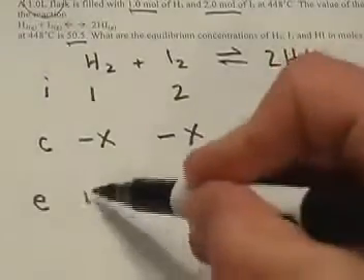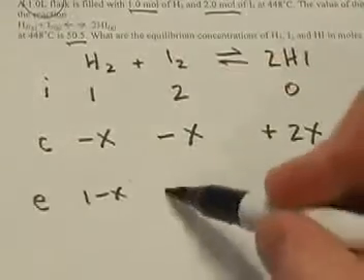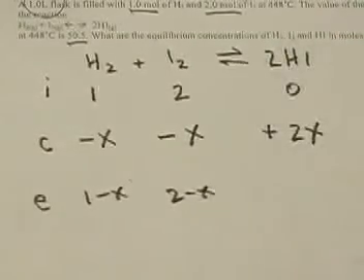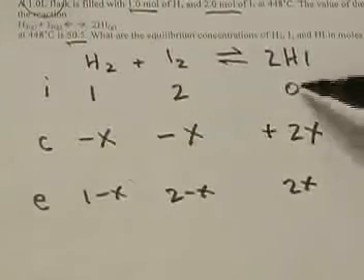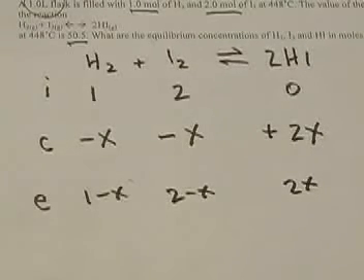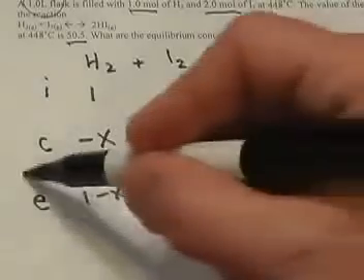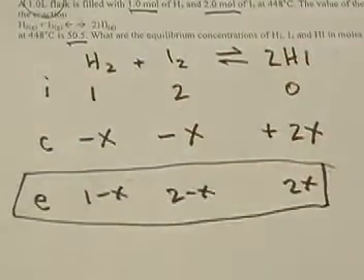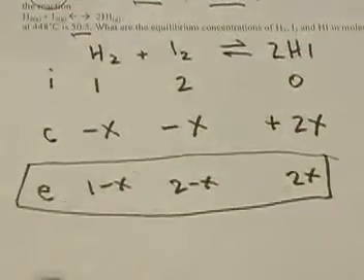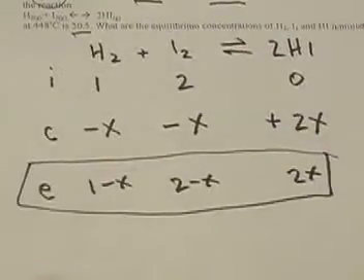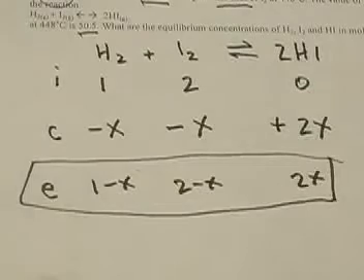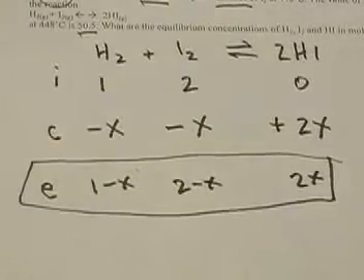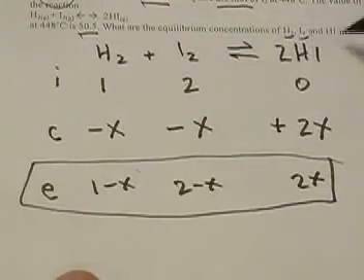So in the end, we'll end up with 1 minus X of H2, 2 minus X of I2, and 2X amount of HI, because 0 plus 2X is 2X. We can now take these ending values, put them into our equilibrium constant expression, since we know the equilibrium constant is 50.5, and solve for X. Toss it back into each one of these, and we'll know what our ending concentrations are for H2, I2, and